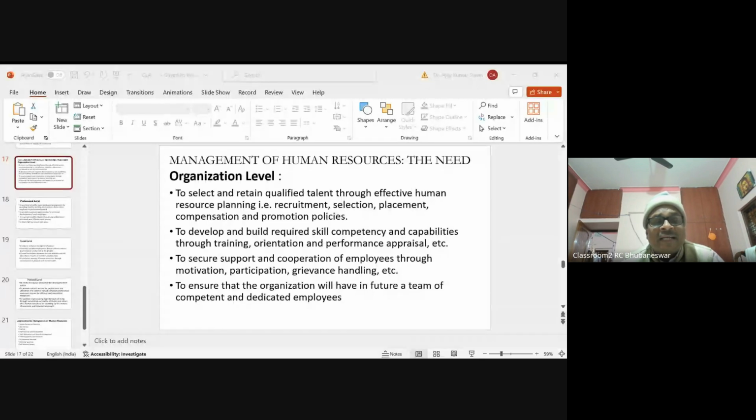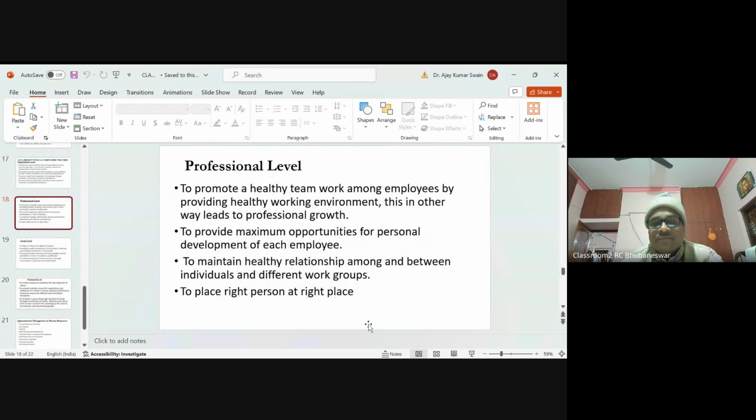of competent and dedicated employees. If we do not do recruitment properly, and promotion is not given to the right people at the right place, how can we develop the employees' skill, quality and efficiency? So it is very important for us, so we should all be aware about it. Okay, so then professional level: to promote healthy teamwork among employees